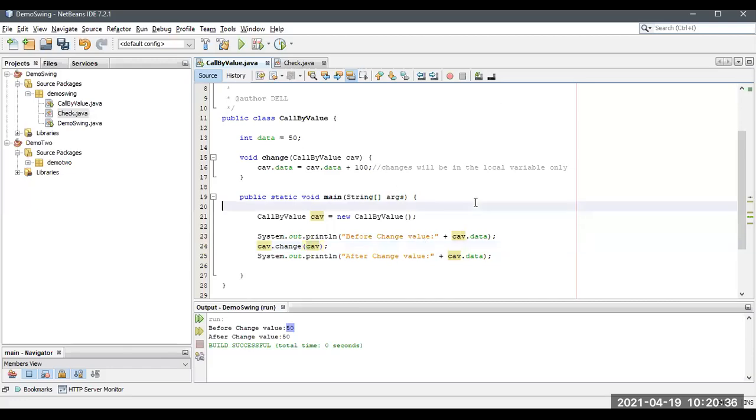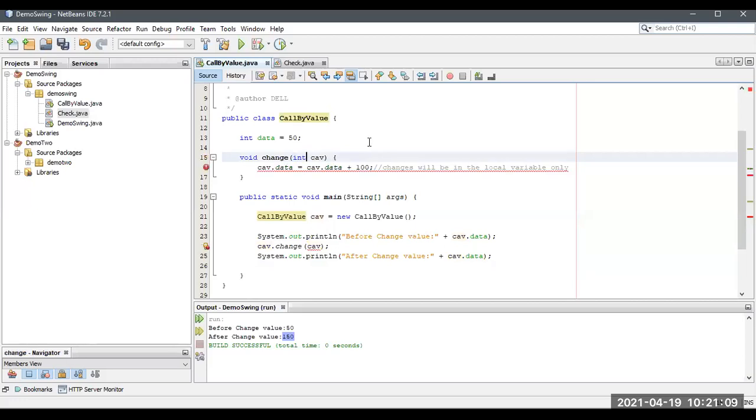See, now I'm going to run this file. See this, 150 has been printed. Why? Because if you want to call by value and modify the data you provided, you have to pass an object. You have to pass an object, then only the value will be changed. So please remember this and listen carefully. Do not take a primitive data type over here. Int cannot be differenced.